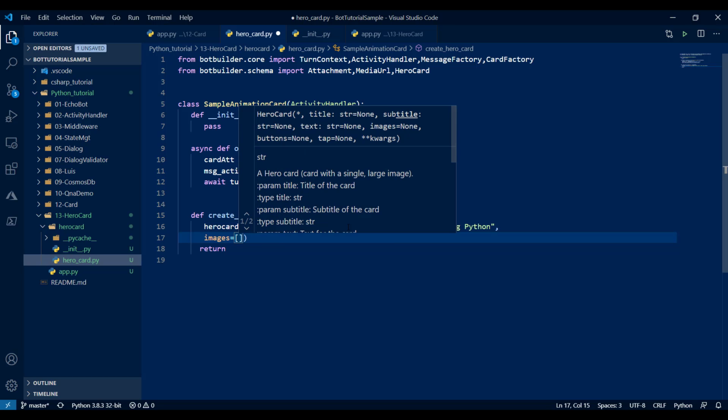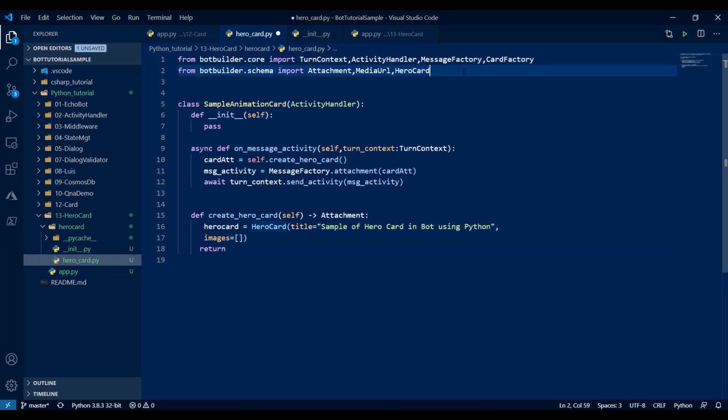If you want to declare the image, we cannot directly put in the URL. It should come from the card image. So we have to pass our URL to the card image, and that card image has to be assigned to the images. Card image is also available in the same schema, bot builder schema.